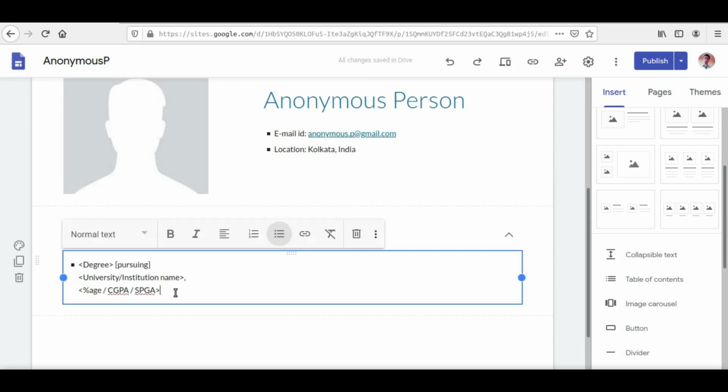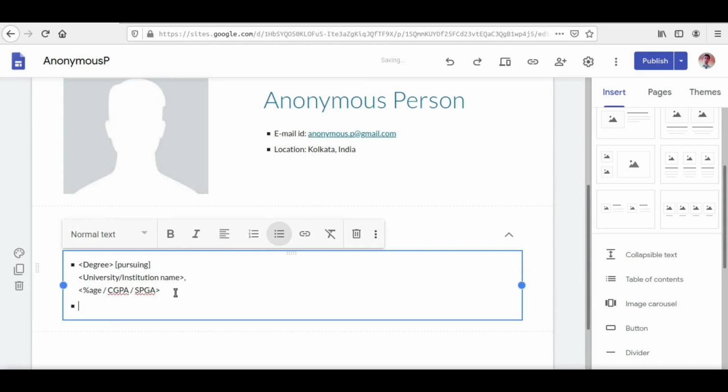So let's try adding another set of details. Now hit enter and another list item will be opened, fine. So let's say the anonymous person we are dealing with, he or she has simply started pursuing this degree, fine, and their last completed qualification was that of the higher secondary examinations, right? So again, in those cases we will write things like this.